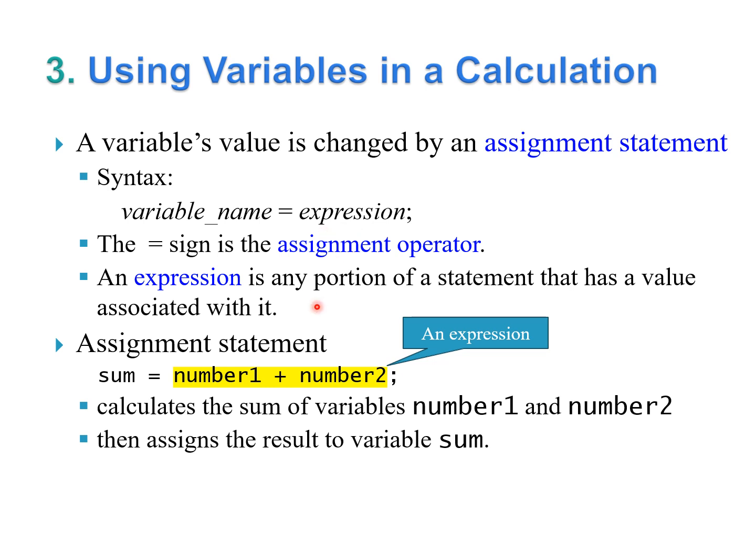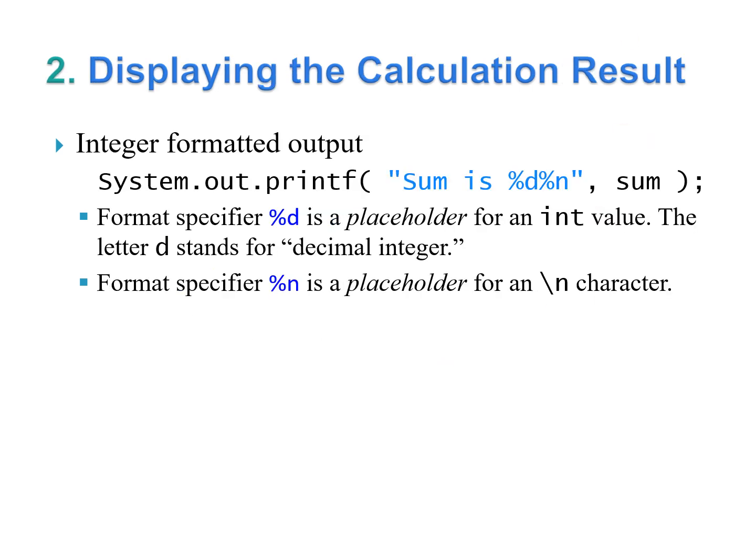The assignment statement sum = number1 + number2 calculates the sum of variables number1 and number2 and then assigns the result to the variable sum. The portion highlighted here, that is number1 + number2, is an expression because it has a value associated with it. In our Addition0 program, we use this printf statement to display the value of sum in a